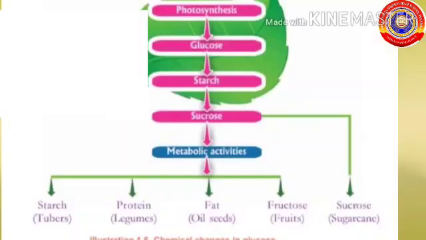Next, we discussed the chemical changes that take place in the glucose. The glucose is easily soluble in water, so it cannot be stored in the plant body. So, the plant stores glucose in the form of insoluble starch in the leaves. Starch is later converted to sucrose and it is transported through phloem to various plant parts and it is stored in different forms such as starch, example tuber, protein, legumes, in the form of fat, example oilseed, fructose, example fruits,